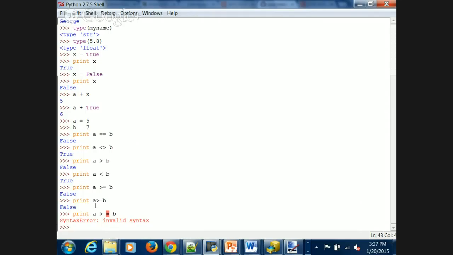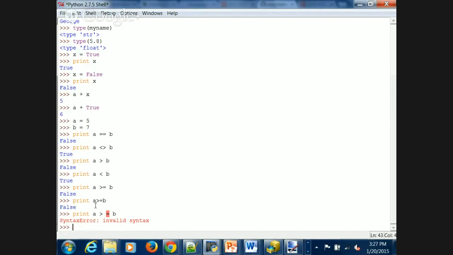So those are logical operators that will allow us to compare the values that are in variables. And a lot of the time, we're dealing with numbers, but we don't have to be dealing with numbers, especially when we're talking about equal to or not equal to, right? So let's look at,